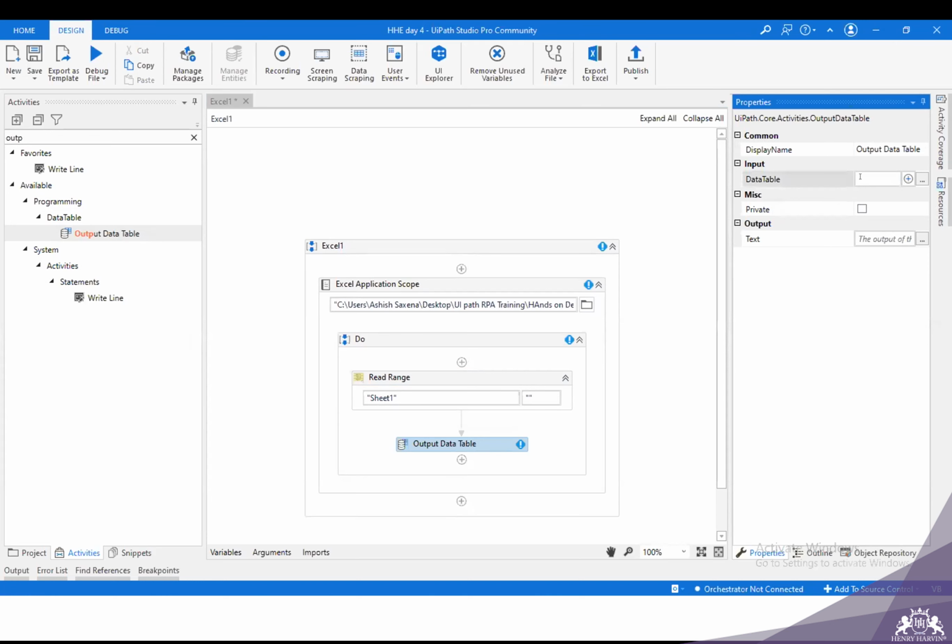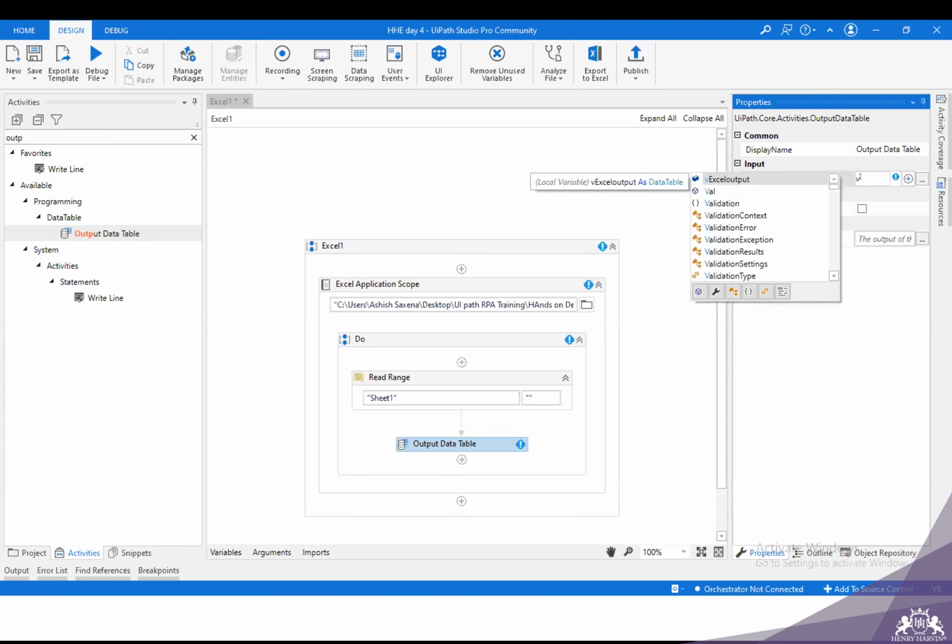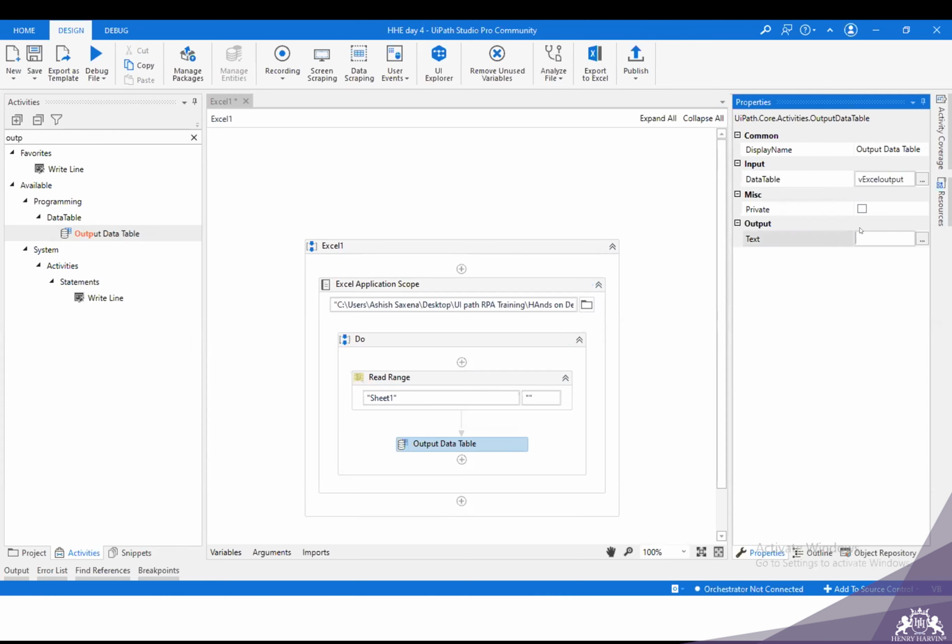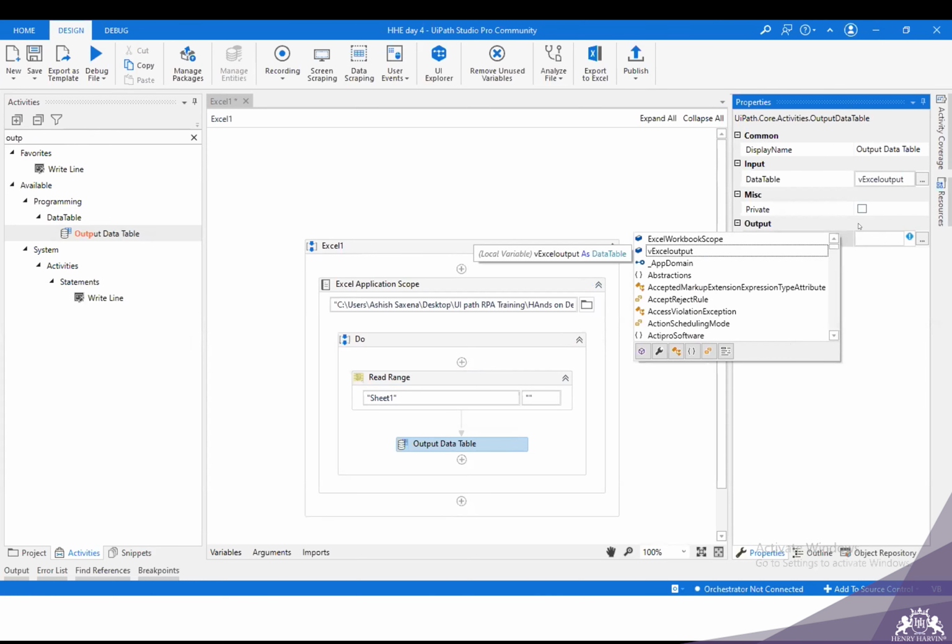So here I'll call the variable which I have created in the read range activity, and here I'll specify the output. Sorry, I'll have to create this. I'll press Ctrl K and name it VSTR Excel output.